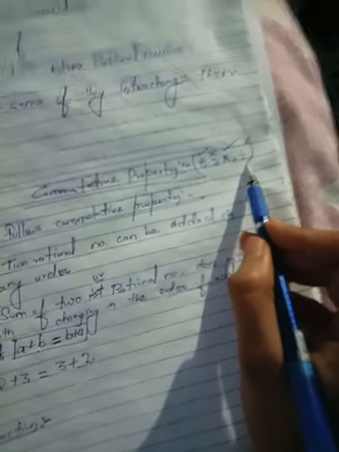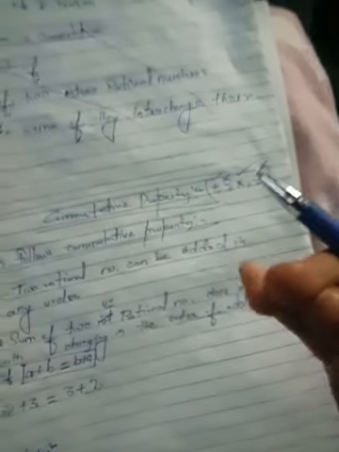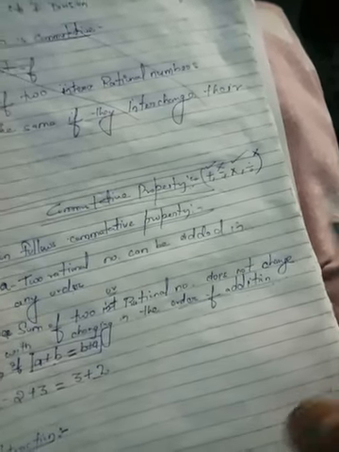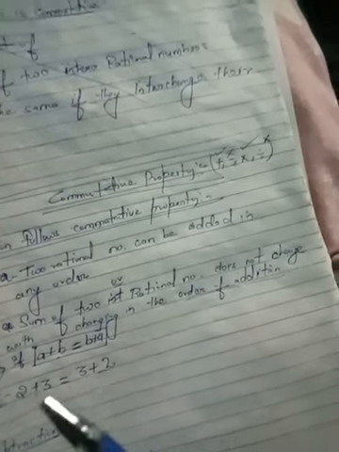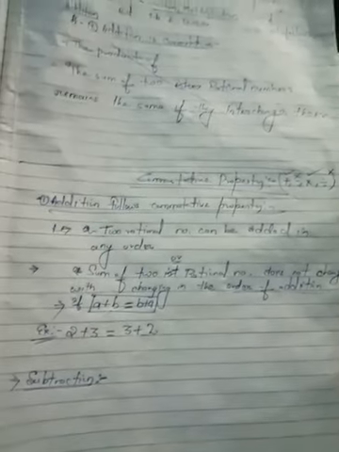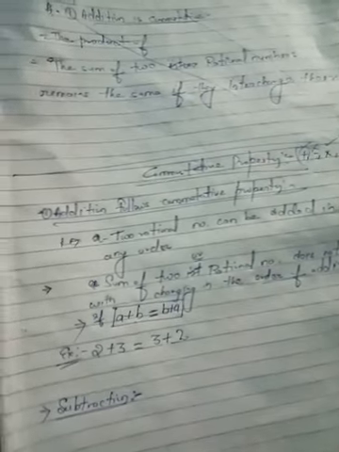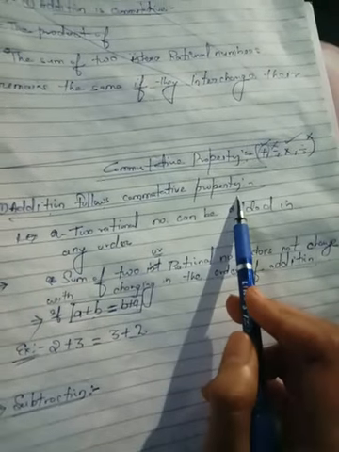So let us understand how this happens. To understand why I am saying that the commutative property is followed only by plus and multiplication, and not by minus and division, there is a reason behind it. The reason is the commutative property itself. What does the commutative property mean? Let's go to the definition. Let's take one operation, addition. I have already told you that addition follows the commutative property.